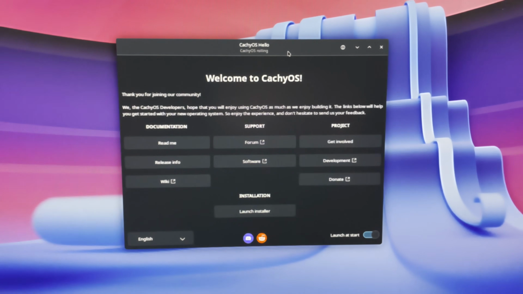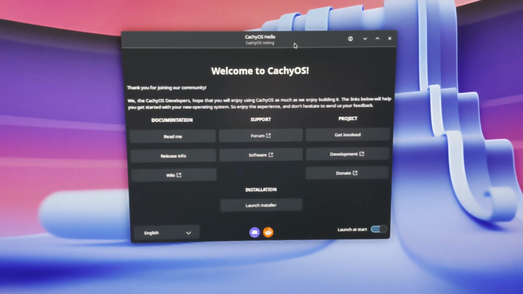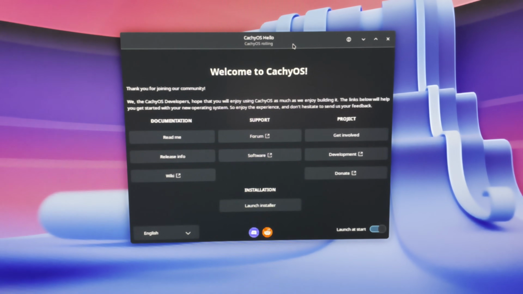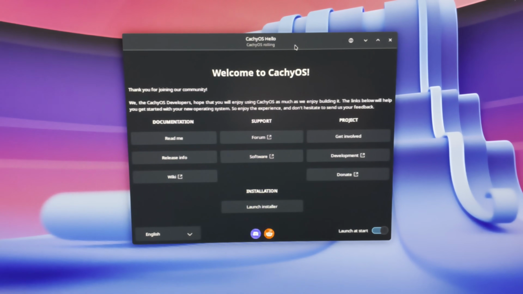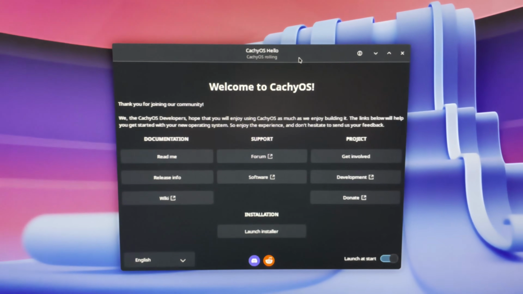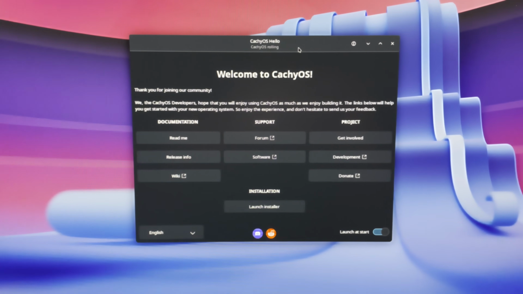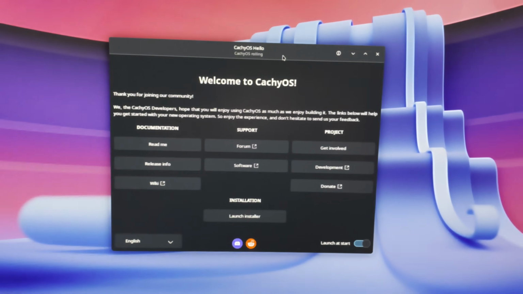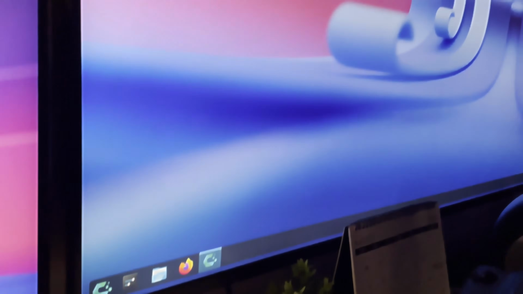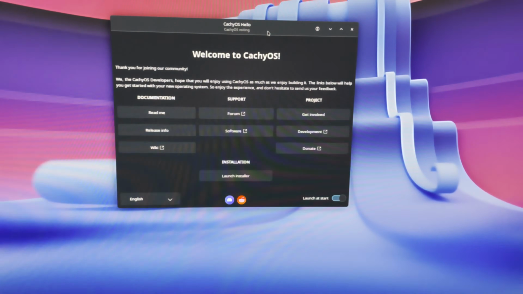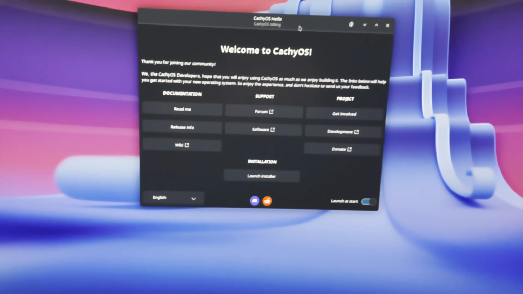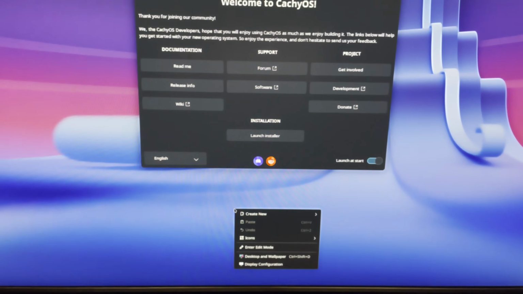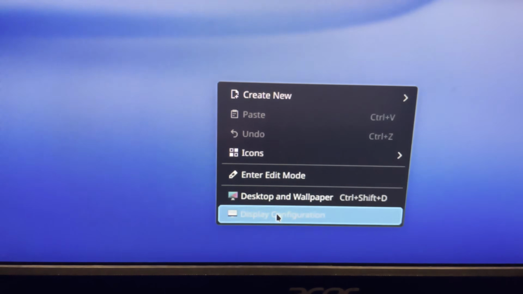So that's another tip. If you have multiple monitors, remember to turn on all of them first before installing CachyOS, just so you can see this pop-up window. Now on my screen, there is nothing else beside this CachyOS dialog because I have another monitor which is showing the taskbar. So to move that screen here, I will just right click in the empty space, select desktop configuration